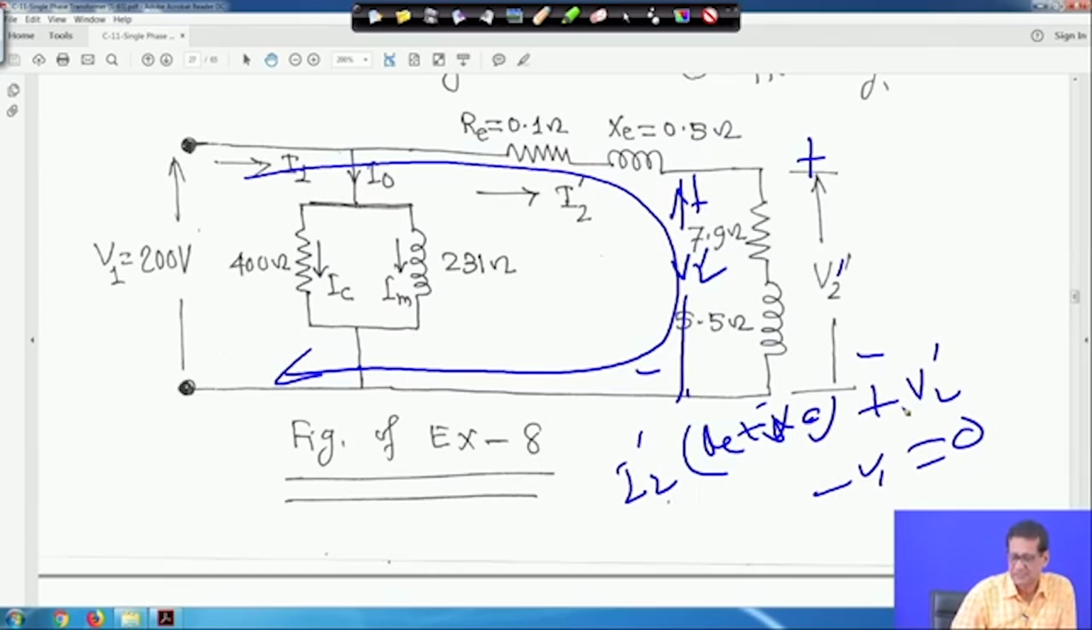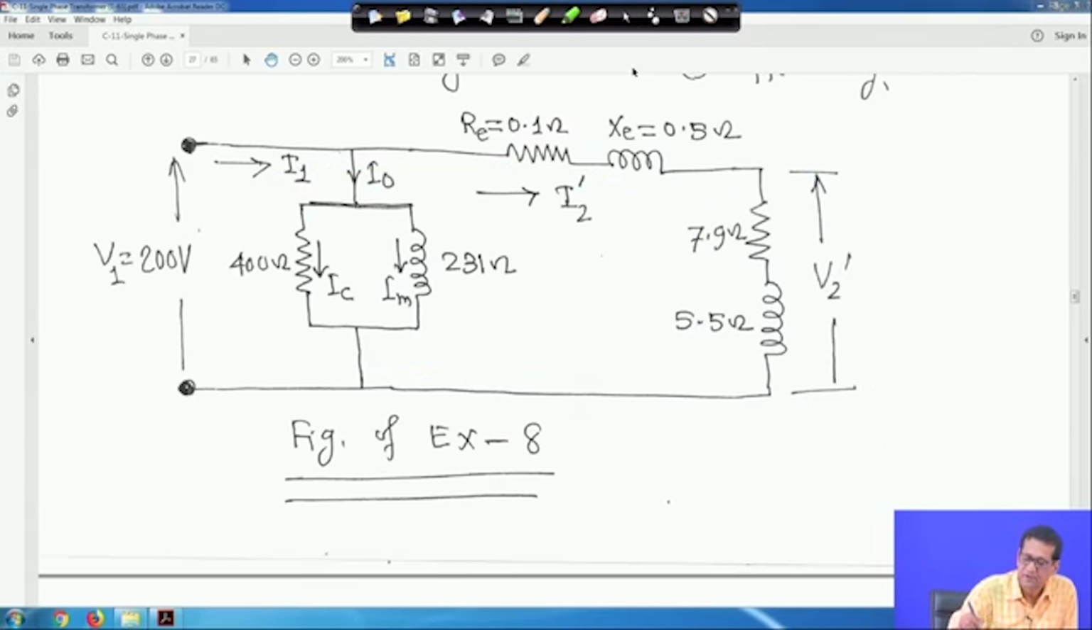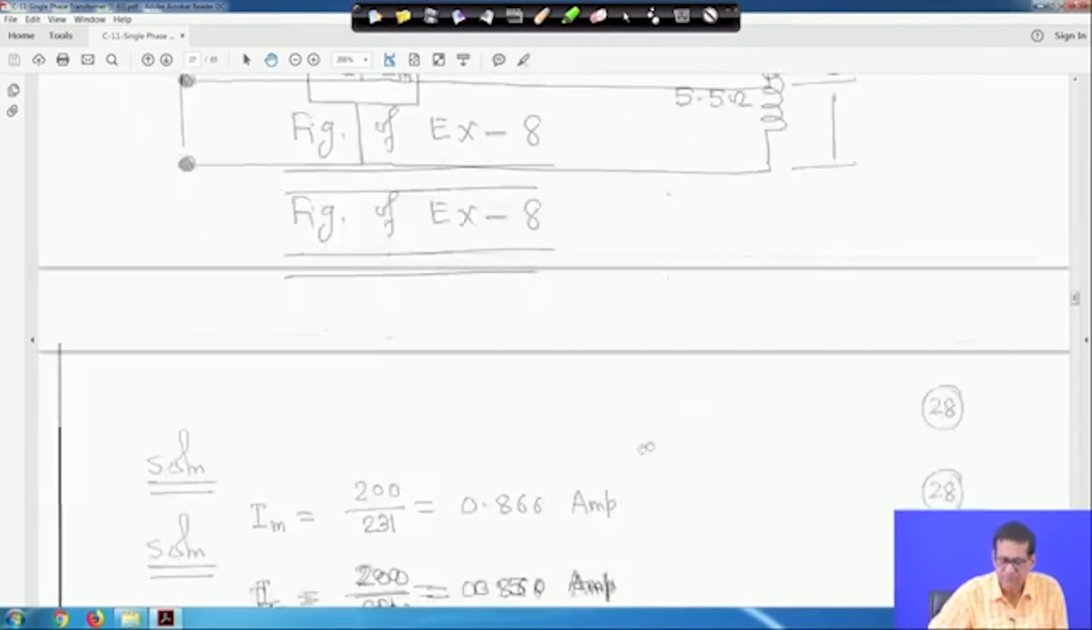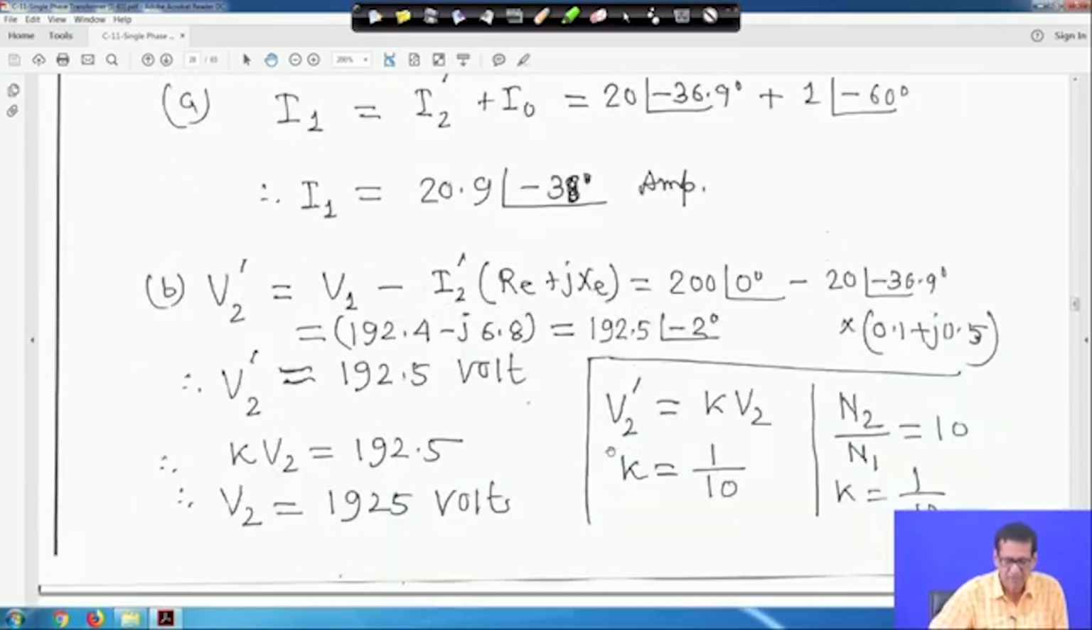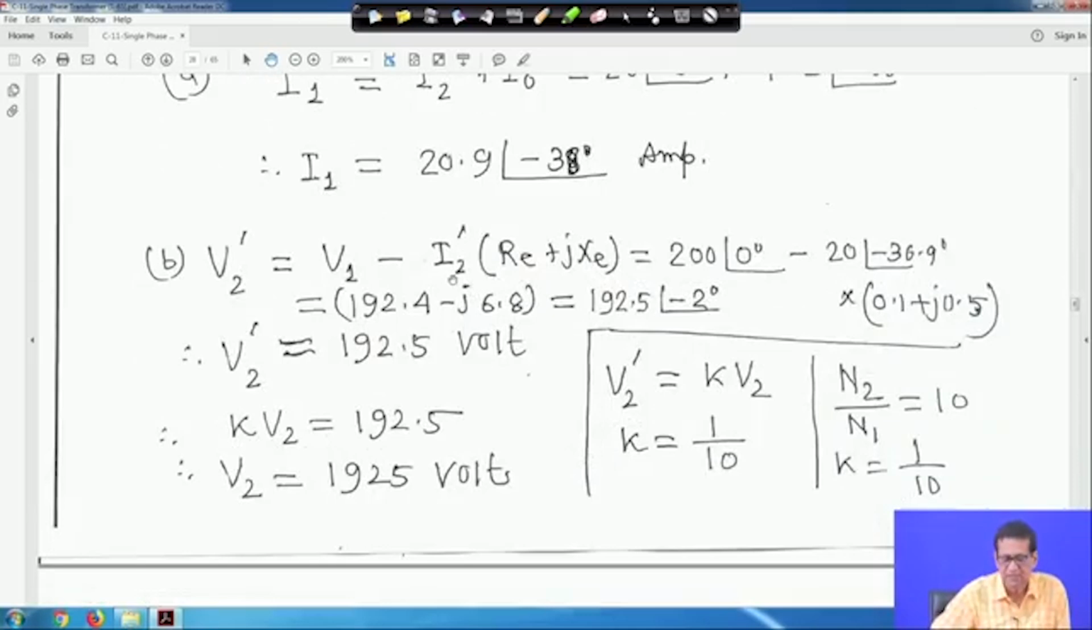So you apply KVL, the same thing we have applied there. That means V2 dash is equal to V1 minus I2 dash into (Re + jXe1). In that case it will become 200 angle 0 minus 20 angle minus 36.9, into Re1, which is 0.1 plus j0.5. If you simplify, V2 dash will become